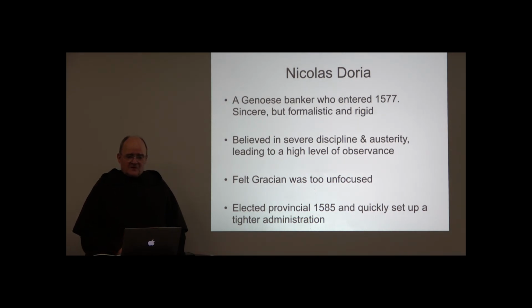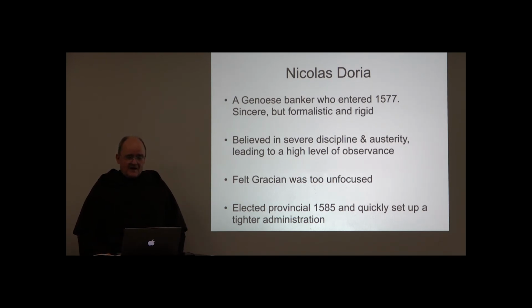By this time, there's going to be another major force within the Discalced family. This is Nicholas Doria. He was from the Doria banking family of Genoa, and therefore an Italian-speaking Carmelite. He had entered the Discalced reform in 1577. In his civilian days, as a banker and a financial manager, he had helped out King Philip with straightening out much of his tangled finances, and therefore the king owed Doria some favors, which Doria was quite eager to collect